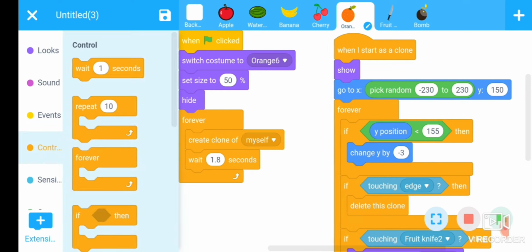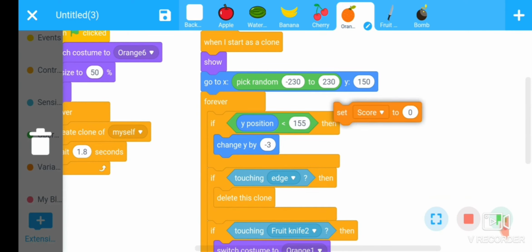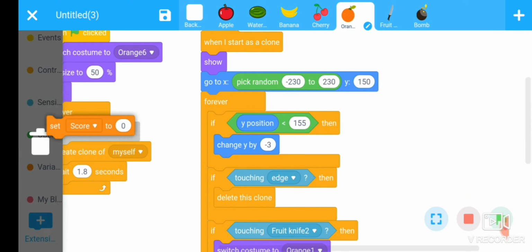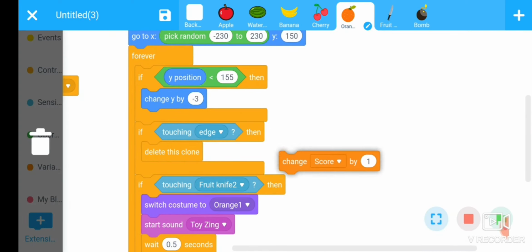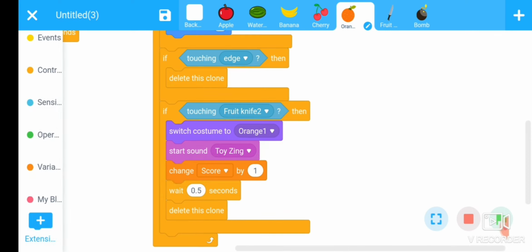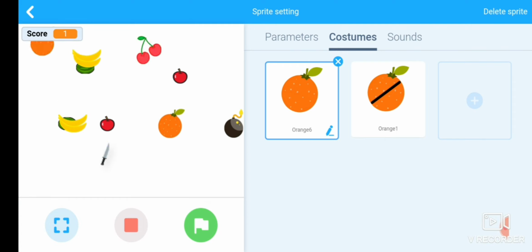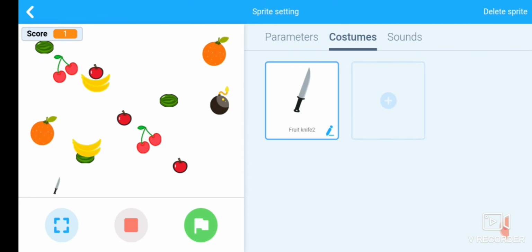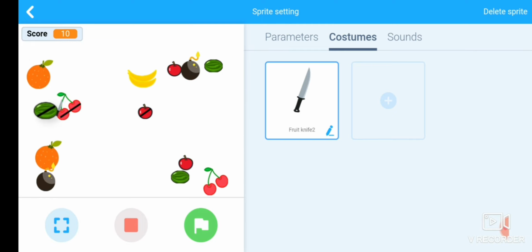Last one is orange sprite. Fine. Now run the program. You can check here, our score is increased by 1 whenever knife touches any fruit.